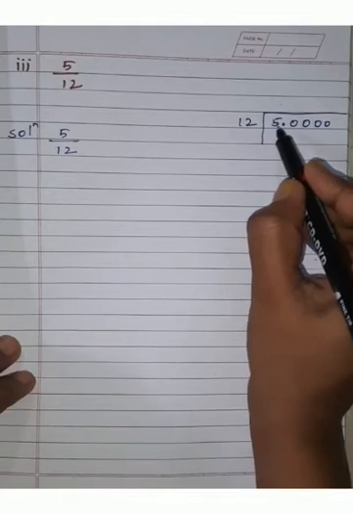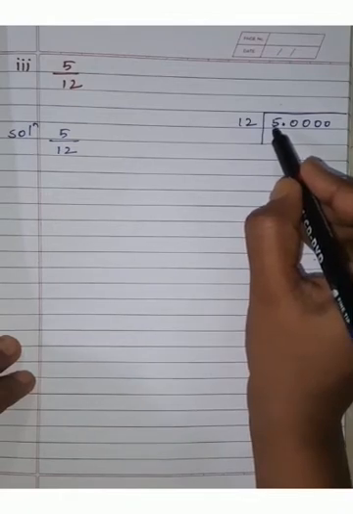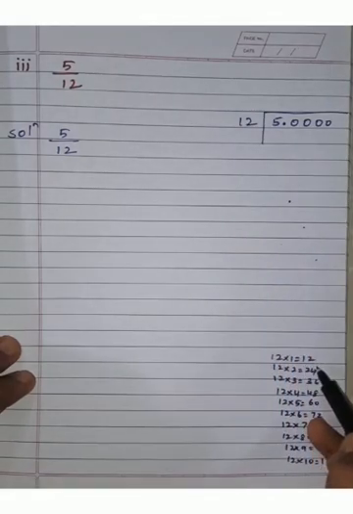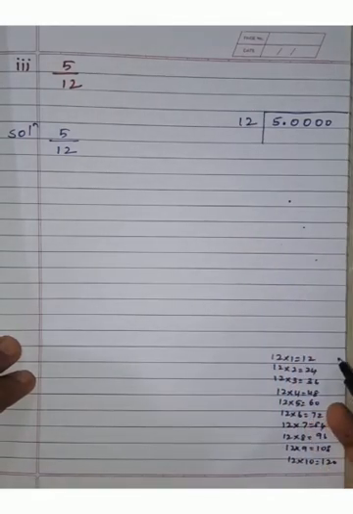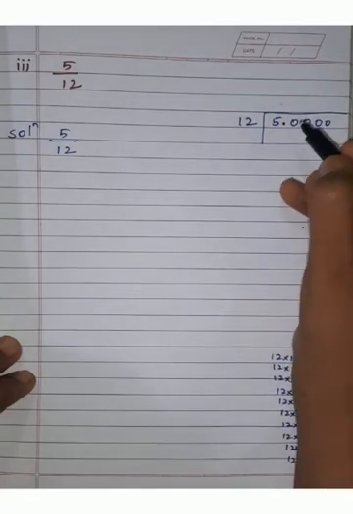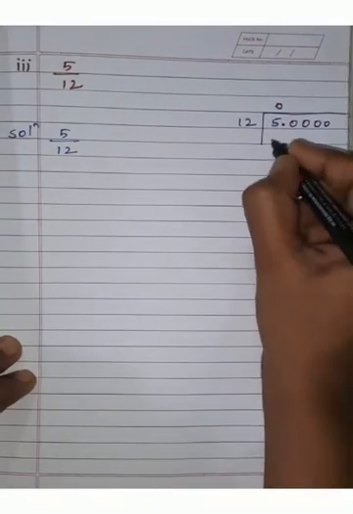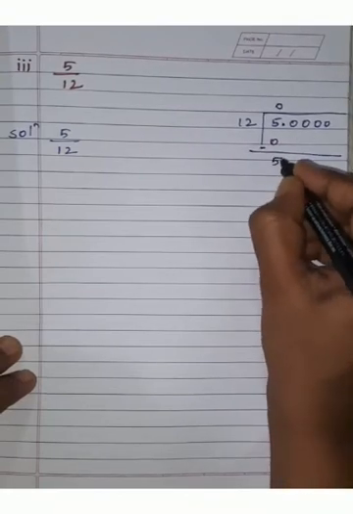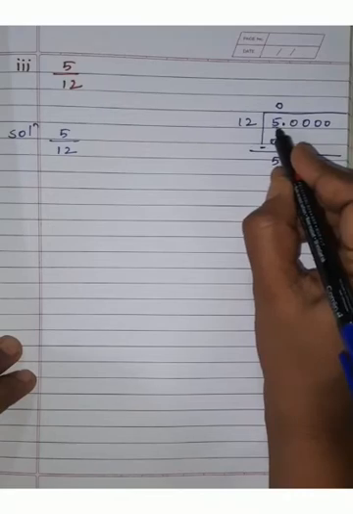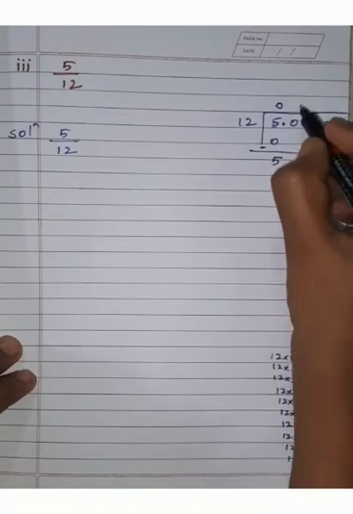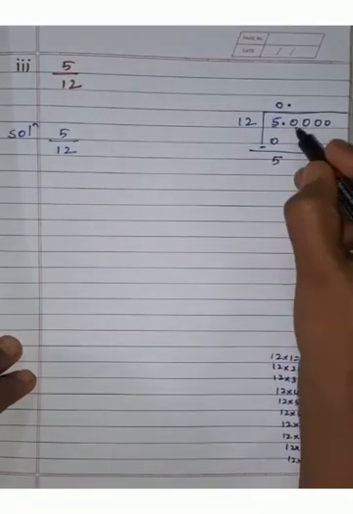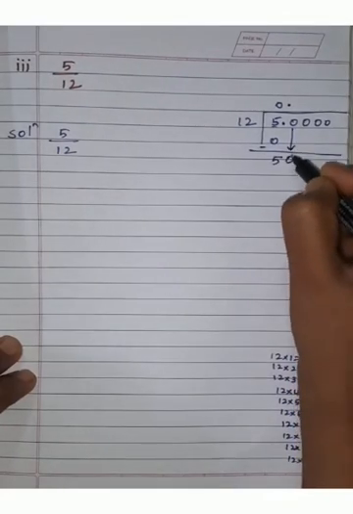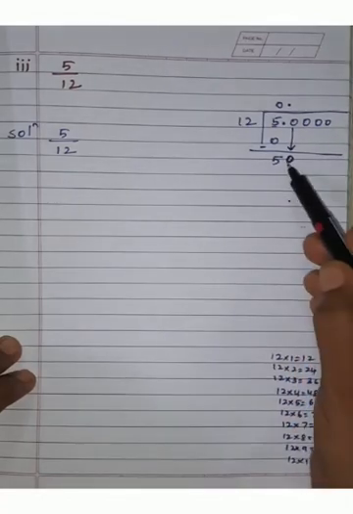So now here in table of 12, see here 5 is less than 12. So we cannot write 12 ones are 12. Why? We cannot subtract 12 from 5, because 12 is greater than 5. So we will be taking 12 zeros are 0. Now subtract this, children. 5 minus 0 is what? 5. Now we have completed dividing this 5. So after this what we have? Decimal point. So put a decimal point over here. So next is this 0. We will take this 0 down here. So we got here 50 now, children.